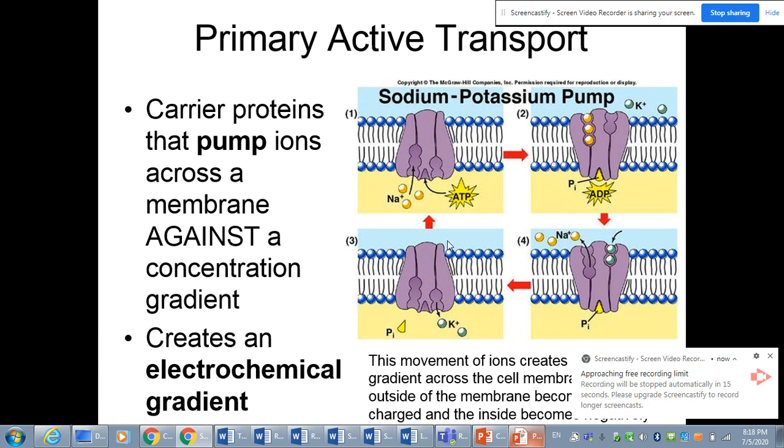You don't really need to know all the details of how this works, because it does get a little bit complicated, but the idea here is it's going to create an electrochemical gradient, because you're moving more positive charge outside the cell compared to positive coming inside because of that 3-to-2 ratio. So it creates an electrochemical